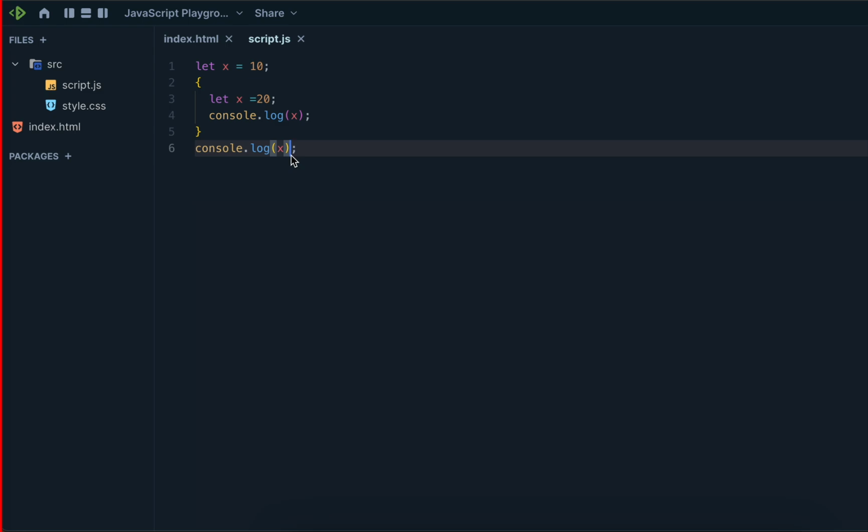So first we get 20, and after that 10. This is 20 and this is 10, no? What about Kaustub and Preetham and Yuvraj?